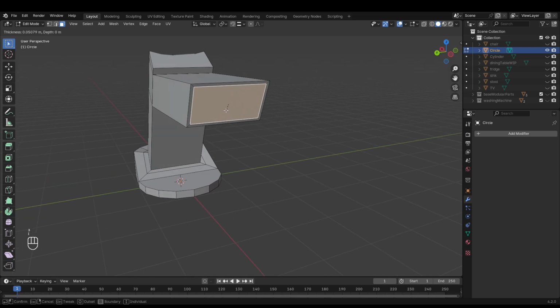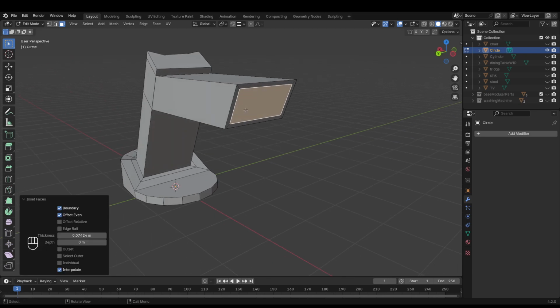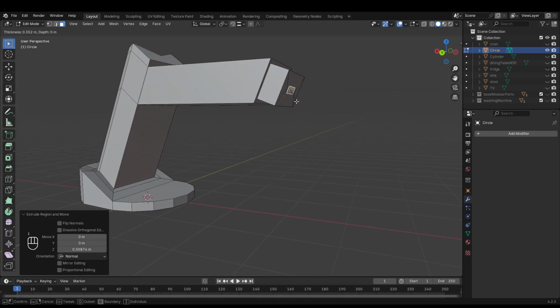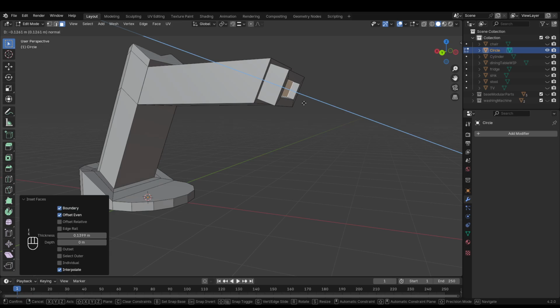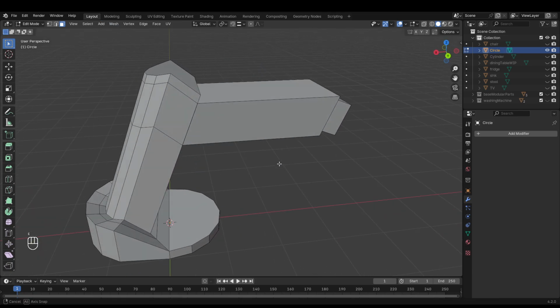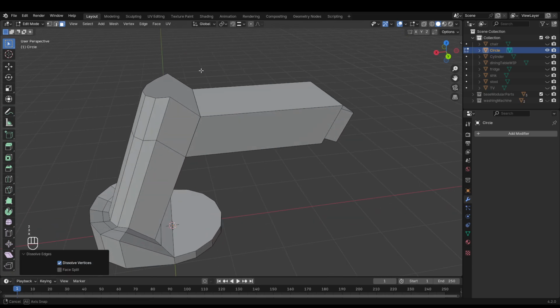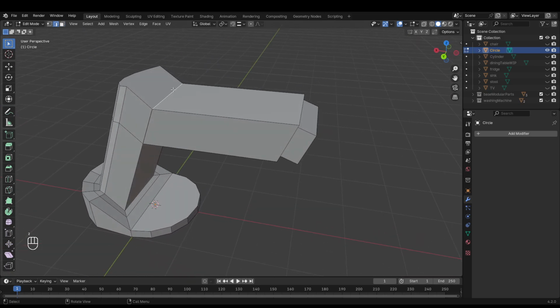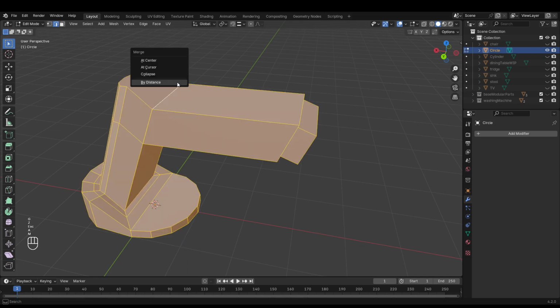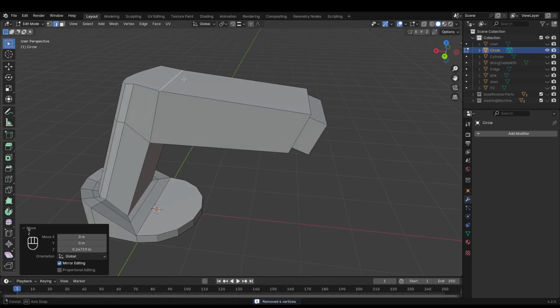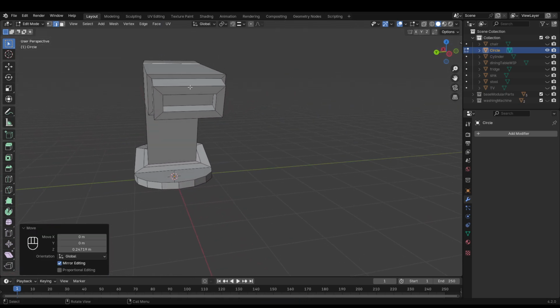Then we can insert, extrude, insert, and then extrude. Yeah, you know what? This seems completely fine. So let's do that. Yeah, there we go. We can then do, no, we can't. Let's first do that. Then we can do this to sort of even it out. And there we go. It sort of kind of looks